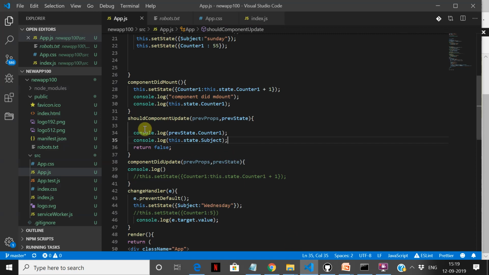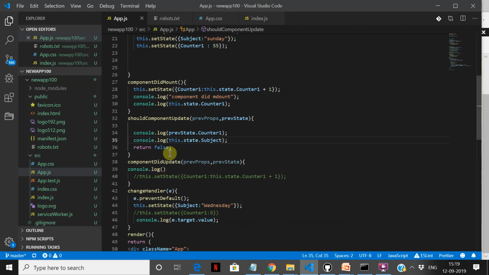Why is it? I hope you all understood that. In shouldComponentUpdate we have set return false. But whenever the button is clicked, the state is changing. So React.js tries to re-render the component, but we say don't re-render it. But we are consoling the value. So this way you can manage the state and the re-rendering of your components, which prevents unnecessary re-renders.